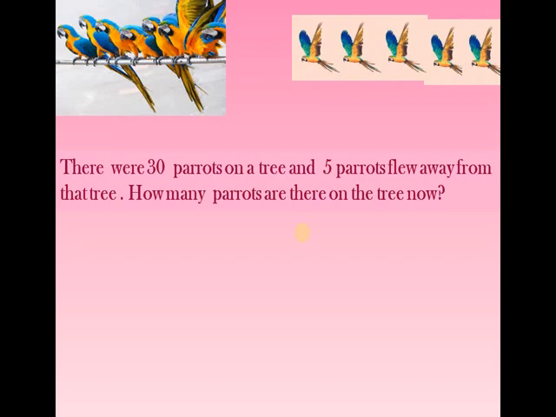So some loss means we need to do subtraction, and we need to highlight the numbers initially. Later on you don't have to highlight, because you will automatically come to know which number to write where. Okay, and you need to write the place values, as it's a double digit, so tens and ones are required. First number will be the total, that is 30 parrots. Now minus 5 parrots which flew away.